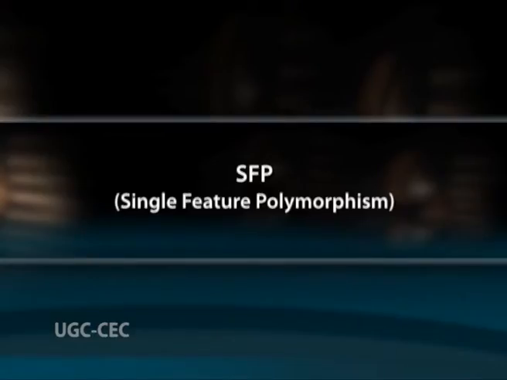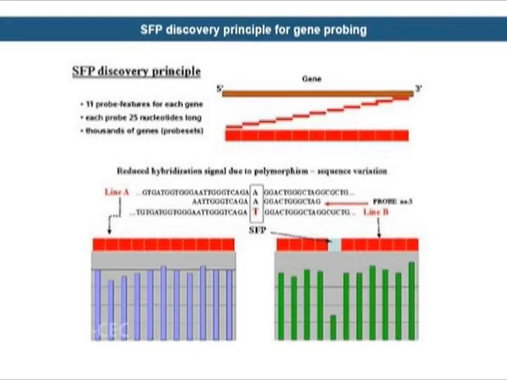Ninth one, single feature polymorphism or SFP. SFPs are microarray-based molecular markers that are detected by hybridization of DNA or cRNA to oligonucleotide probes. Individual SNPs may also directly contribute to phenotypic variation if they are in an intragenic or promoter region, and can be used as perfect markers for genes of traits of interest. In addition to their abundance, SNPs have the advantage of several high throughput genotyping platforms that can significantly reduce the cost per data point.